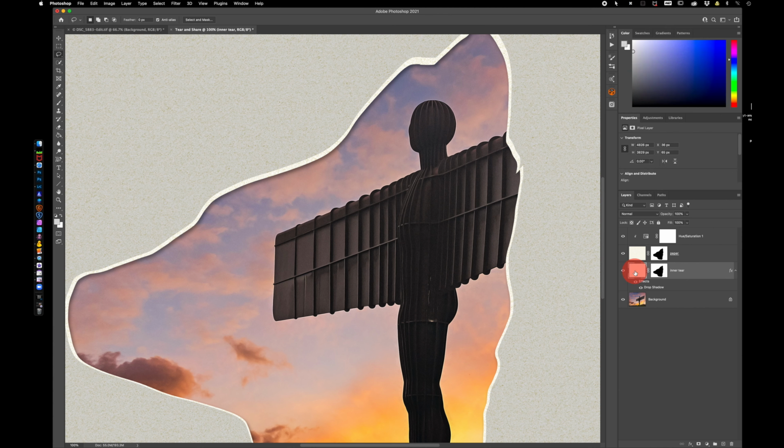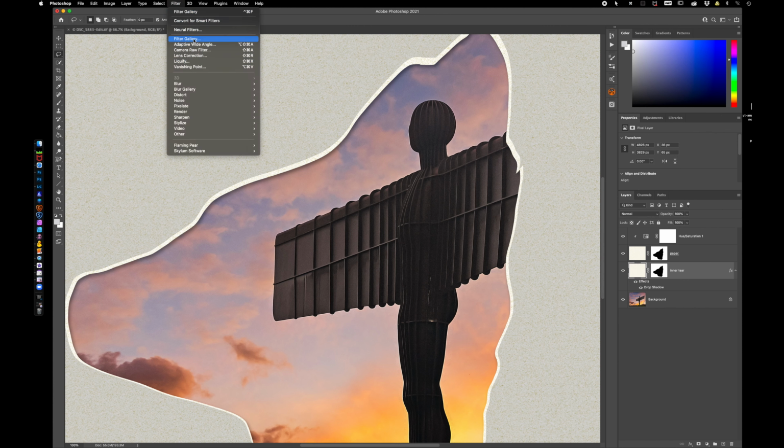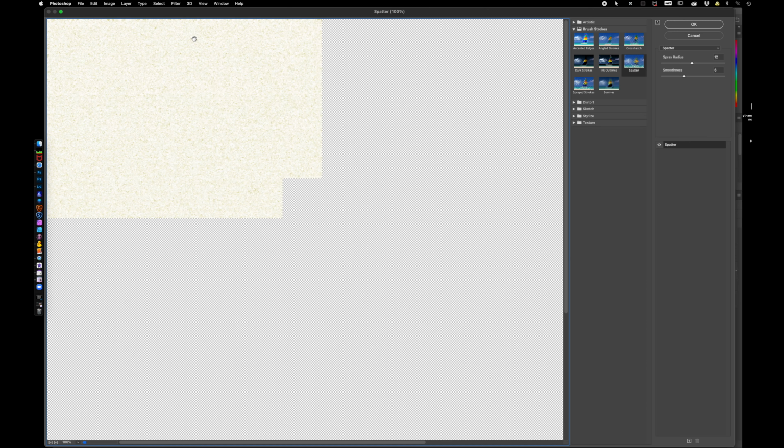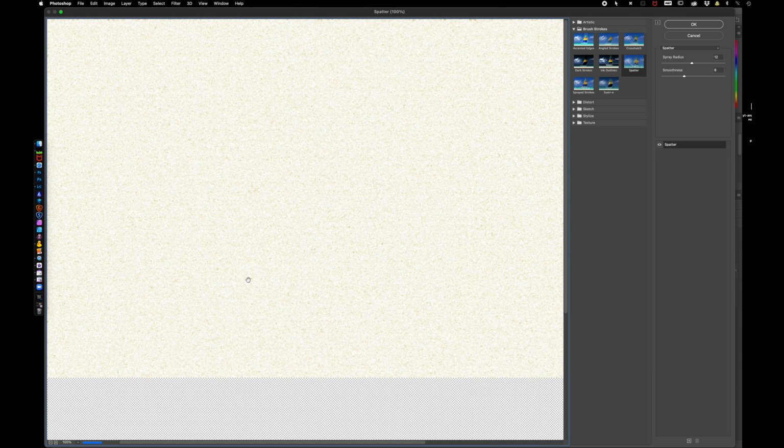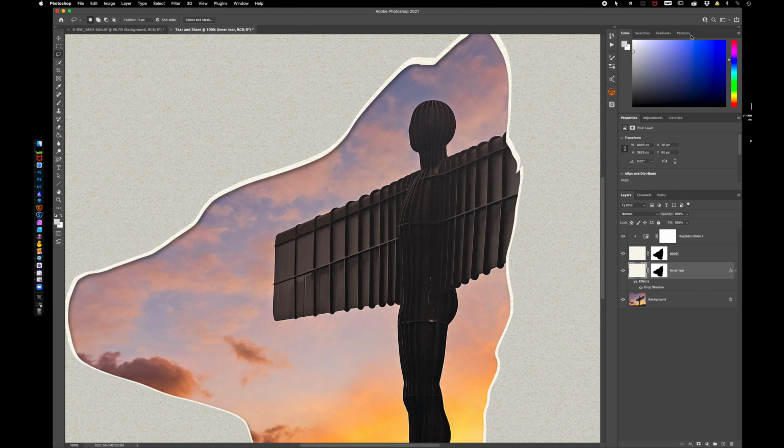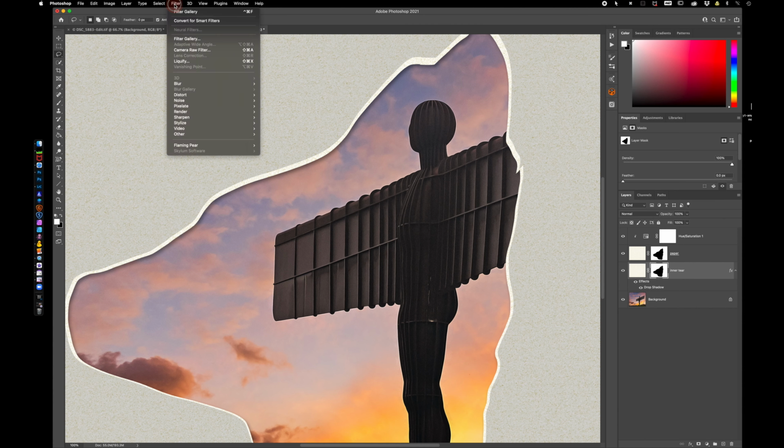And in order to show you this, if I'd been on the actual layer and we'd gone filter gallery, you wouldn't have seen the edges. It literally is the whole thing. You wouldn't have seen the spatter or splatter effect. So that's why we went over to the actual mask, filter gallery,